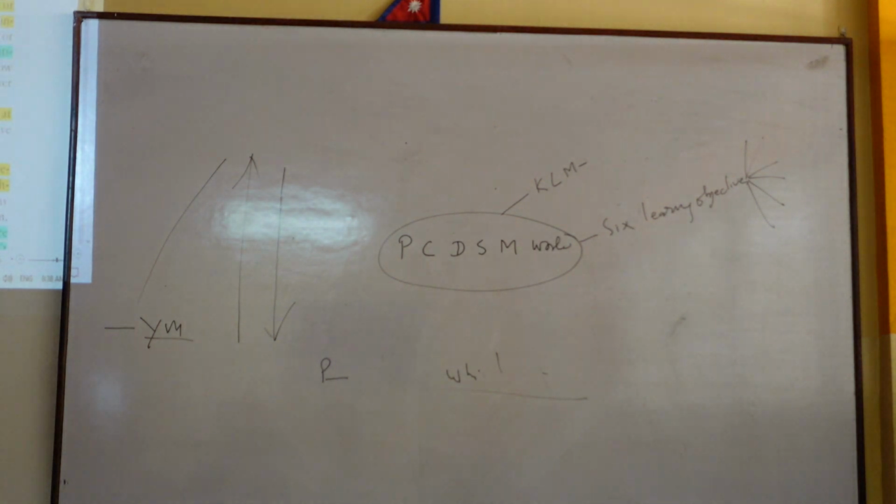Then filters, right? What are filters? There are intentional filters as well as unintentional filters. Even in email, sometimes a message goes into the spam folder, and you don't know whether you've got the message or not. And then it will be a problem, right? Then you have channel breakdown. You make a call and there is no Wi-Fi network and your call disrupts, right? So these are the problems in communication.